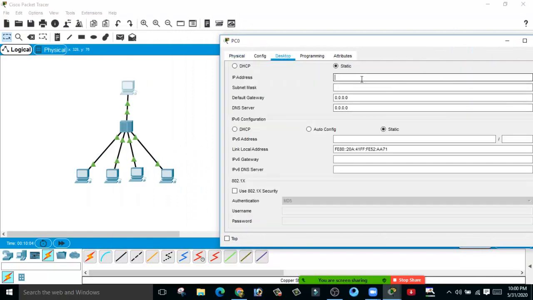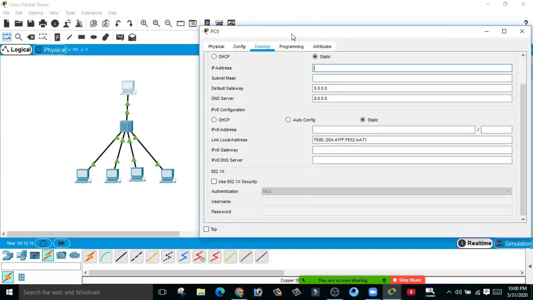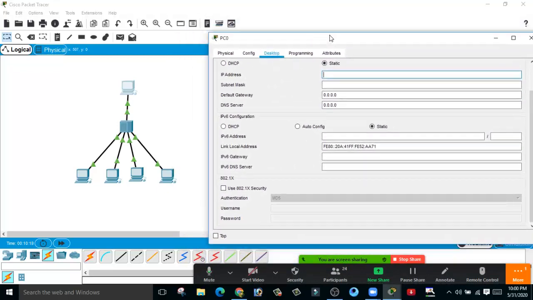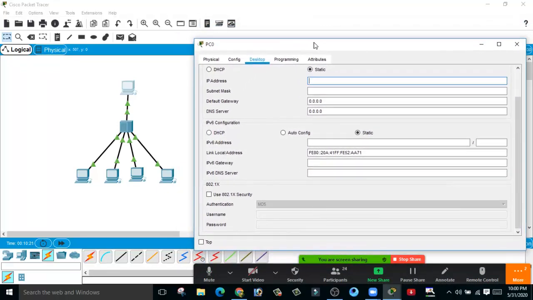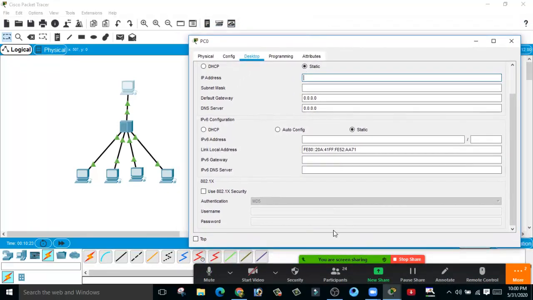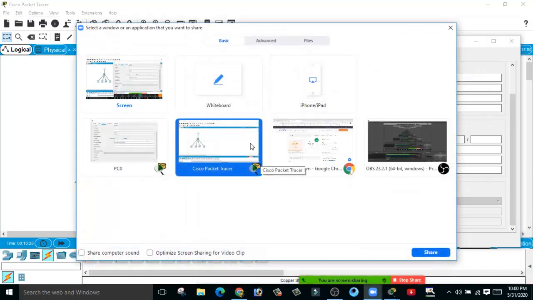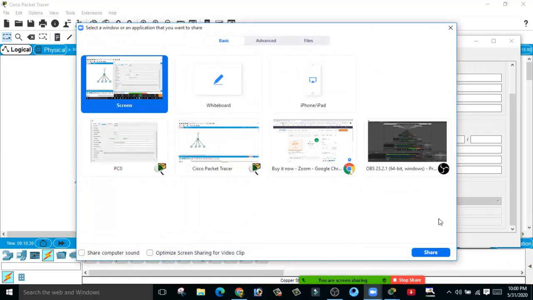Desktop, IP configuration. Are you able to see the screen, right? Everything? Yes, sir. Okay. Now this dialog box, are you able to see this dialog box where I am entering the IP address? Are you able to see this box? No, sir. No. Is this video you post on YouTube channel? No, not YouTube channel. Yeah, I will try to post on YouTube. I am recording it.